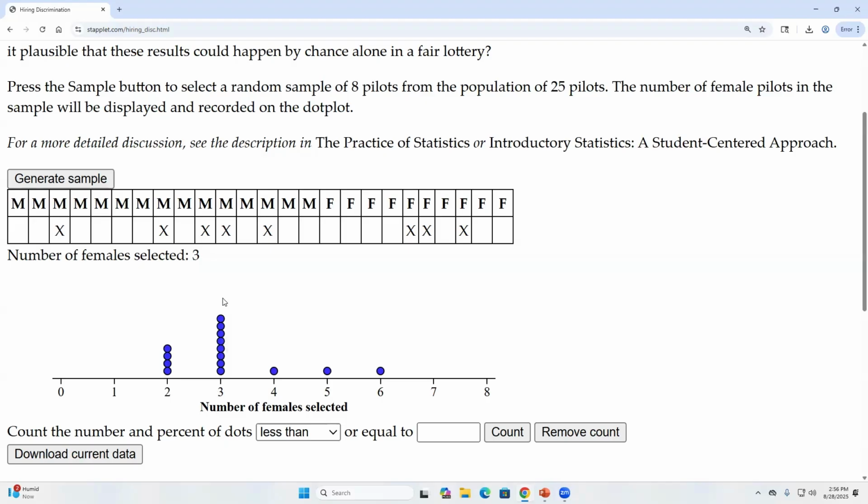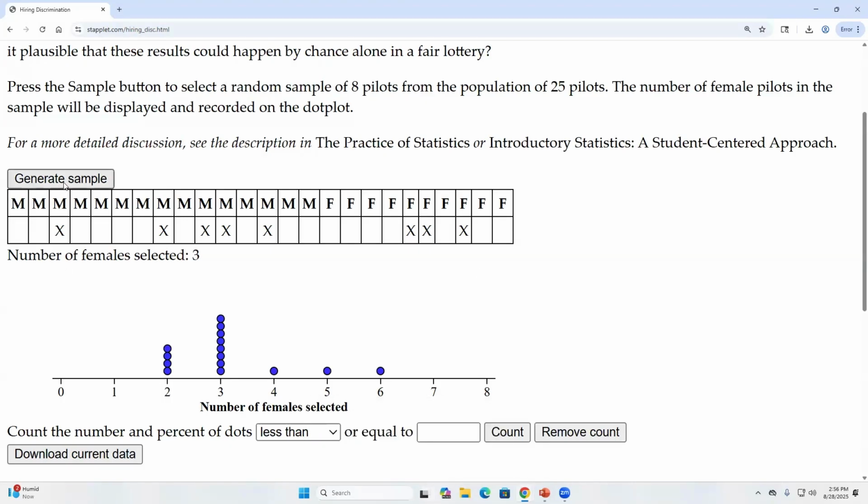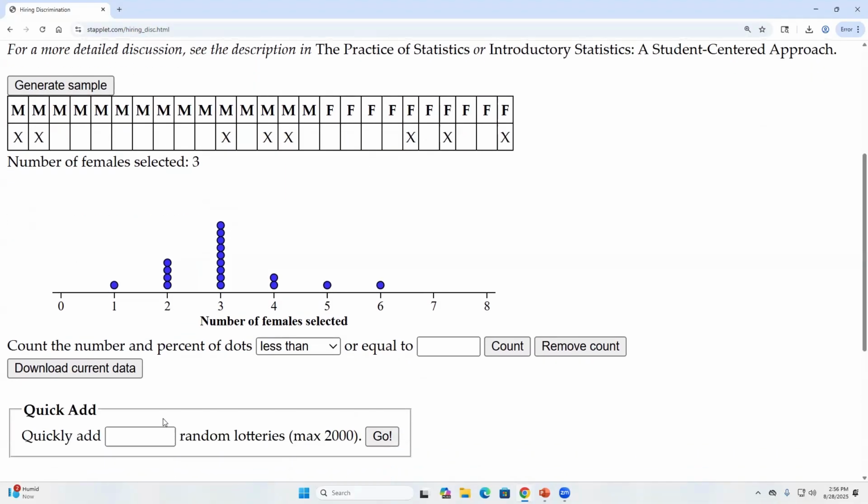So the height of the bar here, the height of the dots, tells you how many worlds that we looked at were there 3, and how many worlds that we looked at were there 2. So we have 1 world where there were 4 females, 1 world with 5 females, and 1 world with 6 females. And we can just keep generating and generating and generating,